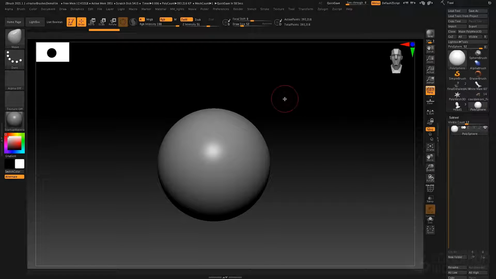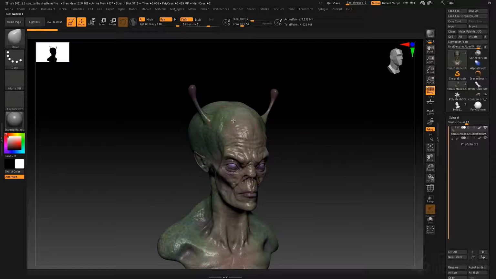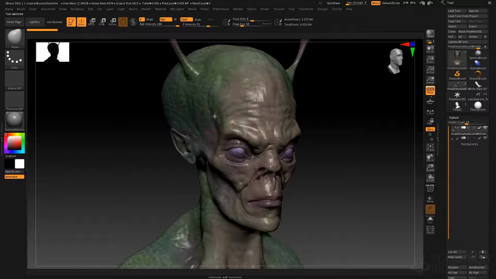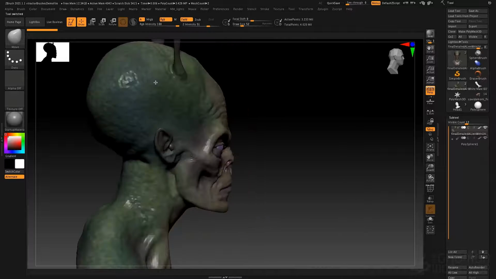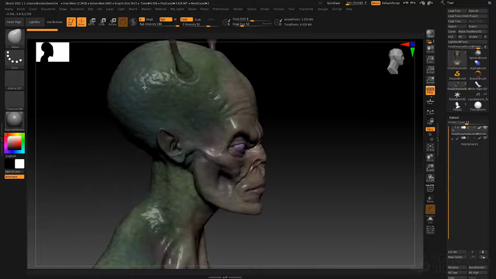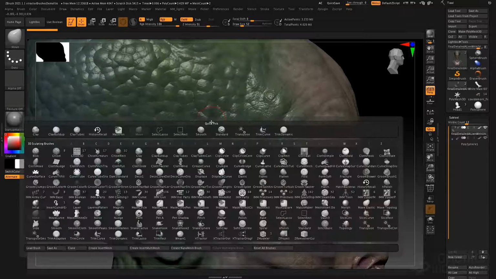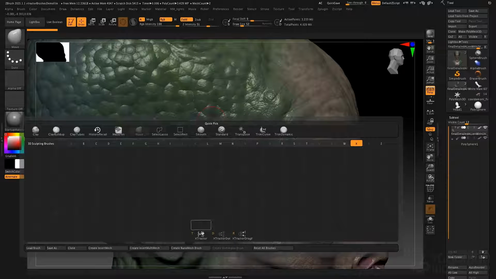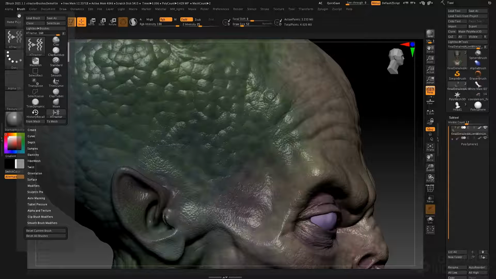So what the extractor brush does is it allows us to extract detail from one surface and then apply it to another. So for example, if we go to our alien here, where we've got some texture on the side of the head, we've got this interesting skin texture here. If I zoom in and then go to B for brush, X for extractor, and select the T hotkey, the first extractor brush. And if we go to the brush menu and tear this off to the side of the screen,